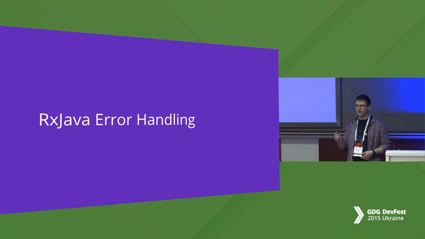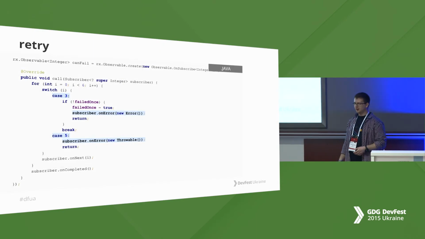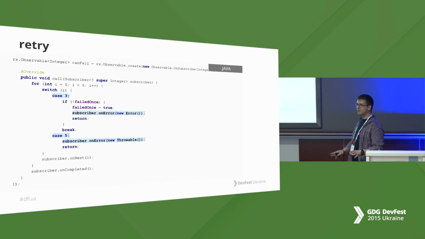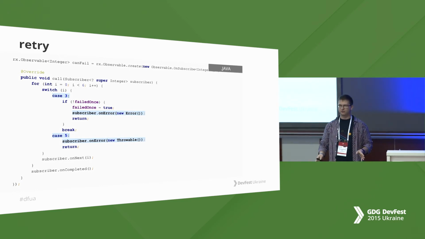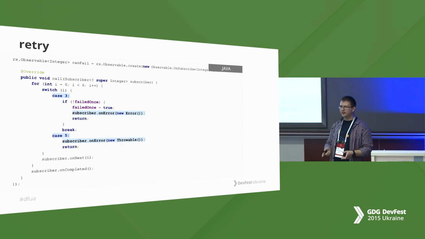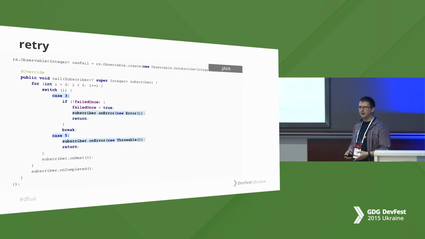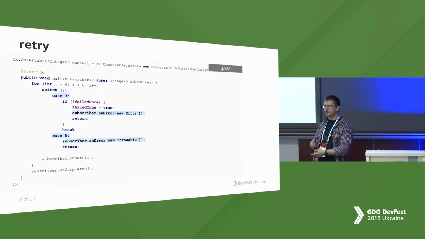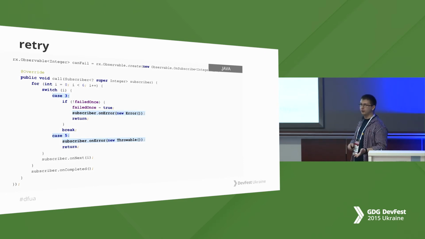Error handling. You know there is onError, and it's great. It really solves our problems with try-catch. It really makes our life easier. But sometimes we need to request some data from the network and then handle some error. Retry with other parameters. Try once more, try with timeout. Change timeout of the real connection, for example.